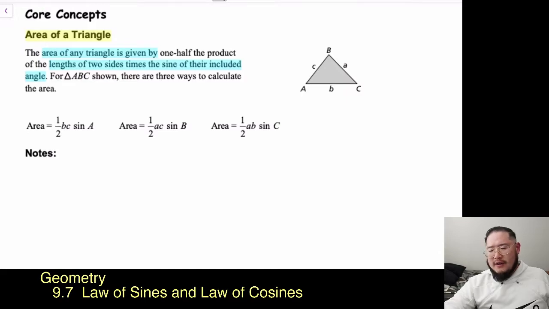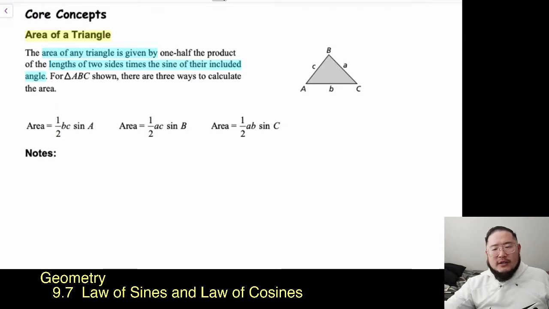It says the area of any triangle is given by 1/2 the product of the lengths of two sides times the sine of their included angle. So for triangle ABC shown, there are three ways to calculate the area. And here's what's important. In order for me to find the area